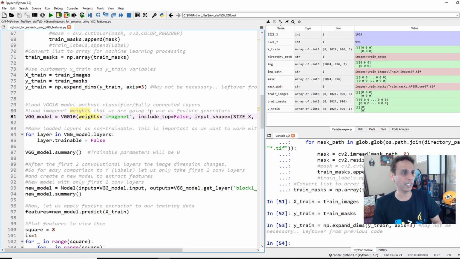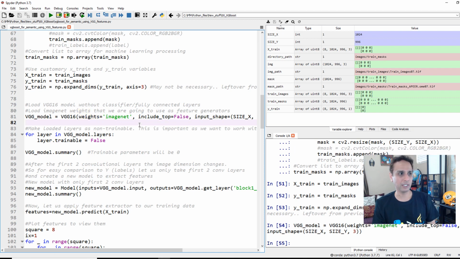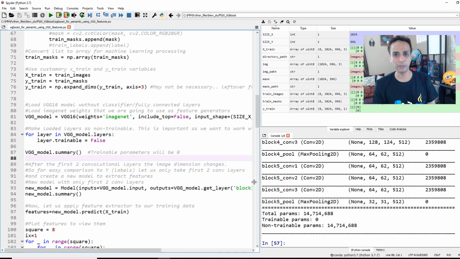Please remember that. Okay, so let's go ahead and import this VGG model with ImageNet weights. There you go, we have it. Now let's go ahead and make all of these layers non-trainable. Otherwise, they're all trainable, and then it becomes a deep learning exercise. So I am setting layer.trainable for each of the layers in my VGG layers as false. Now, if you actually print the summary of my VGG model, like we normally do,